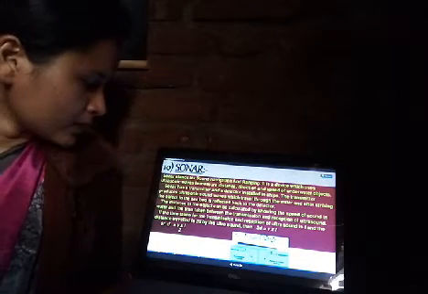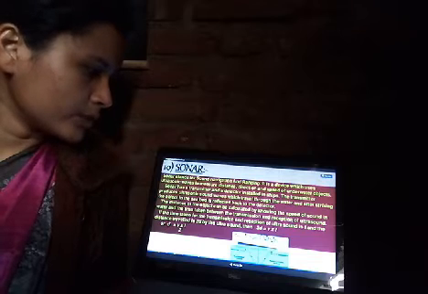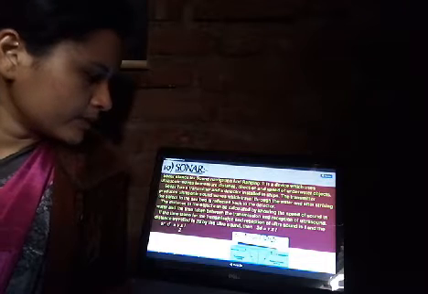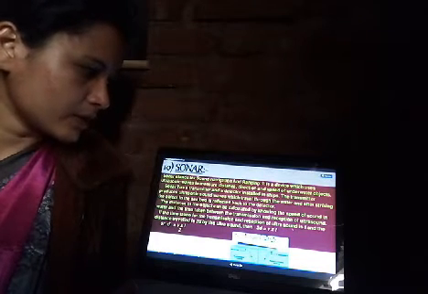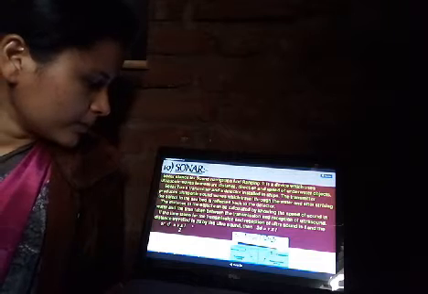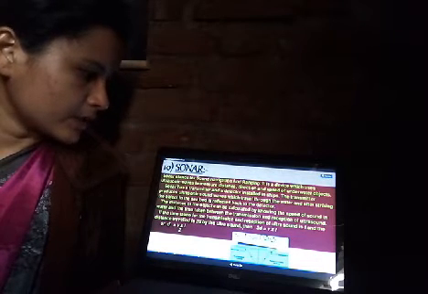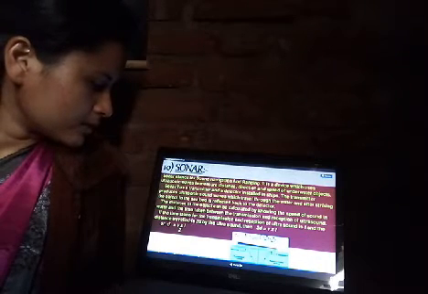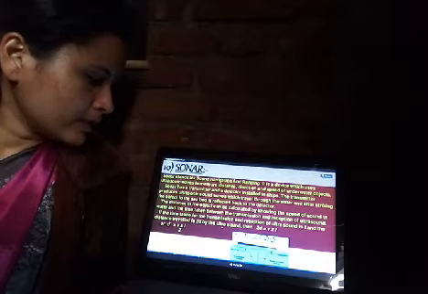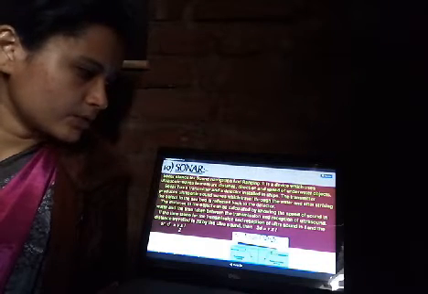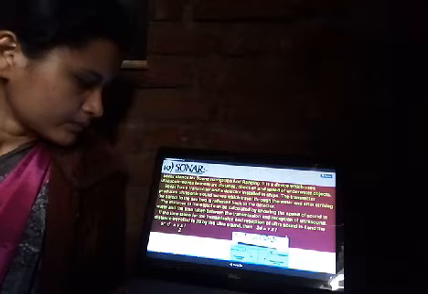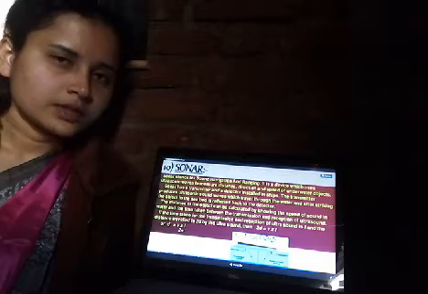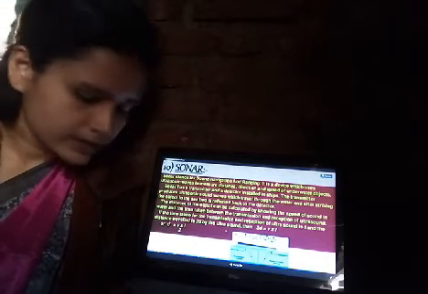Okay, the distance of the object can be calculated by knowing the speed of sound in water and the time taken between the transmission and reception of the ultrasound. If the time taken for the transmission and reception of ultrasound is t, and the distance traveled by the ultrasound is 2d, then 2d = v × t, or d = v × t / 2. Okay, this is the equation.